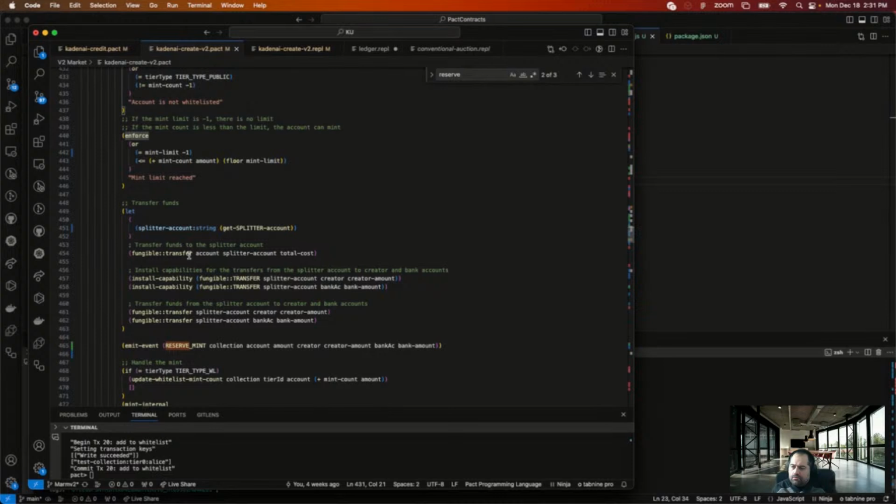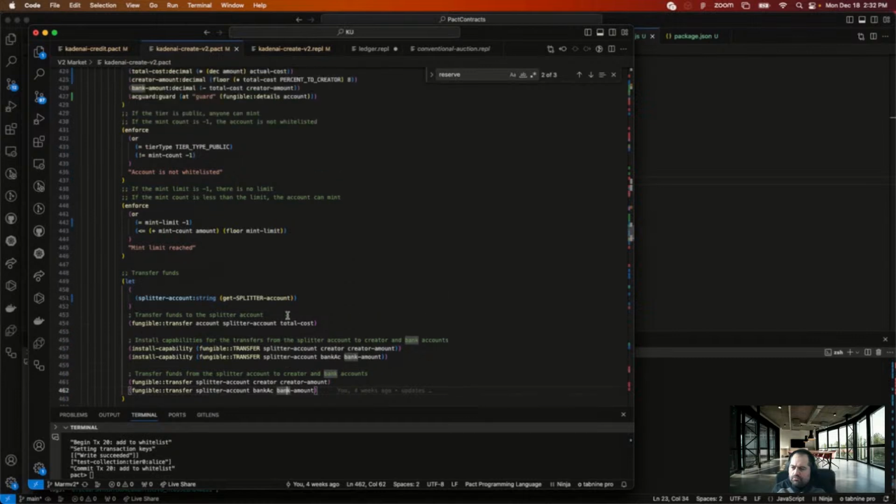Transfer to the splitter. So percent is the splitter. And splitter is going to send the creator amount to that, and that amount to that. Creator amount, bank amount. This should just work.